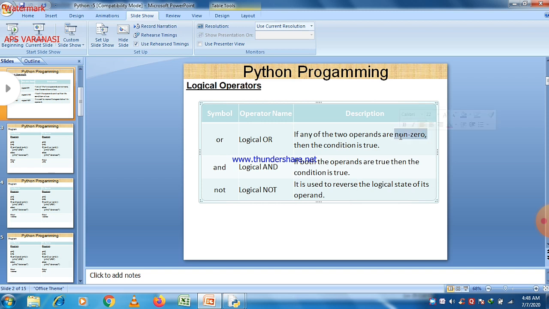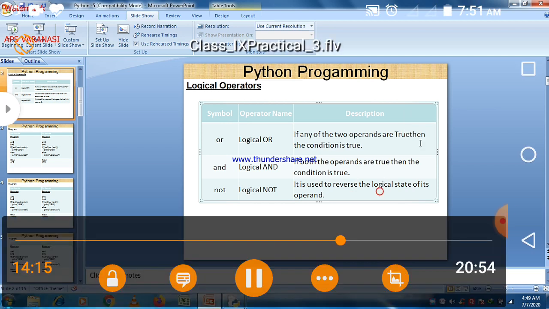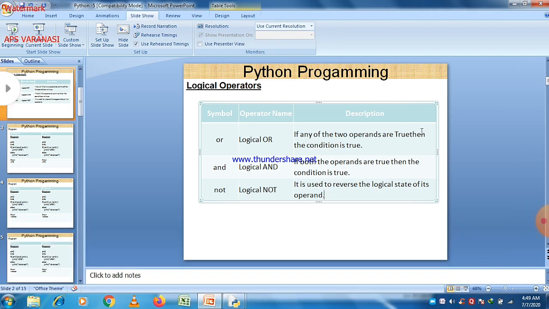Non-zero means, see, 0 represents false and 1 represents true. So non-zero means that it is not false. We can say that if any of the two operands are true, then the condition is true. So that is the definition of the OR statement. So always remember this.